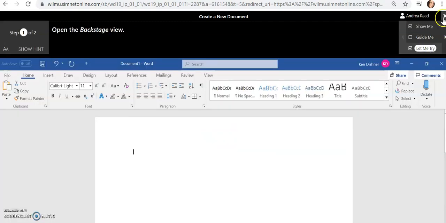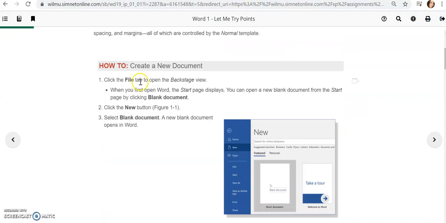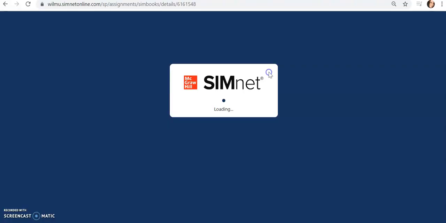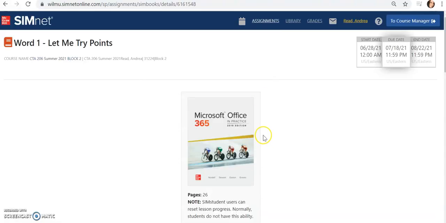So those are the let me try. So I'm going to exit out of that. And then I'm just going to exit again out of this screen. And it'll bring you back to this initial screen. So let me talk to you about the navigation in the